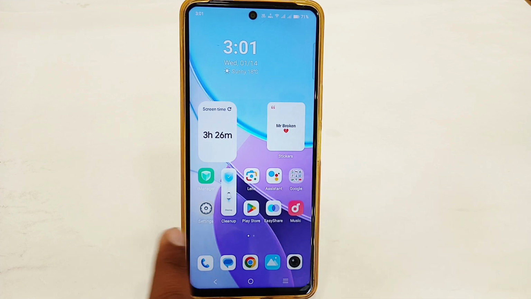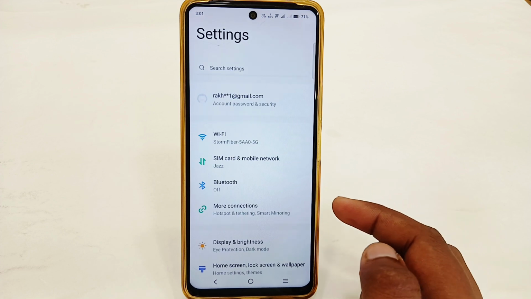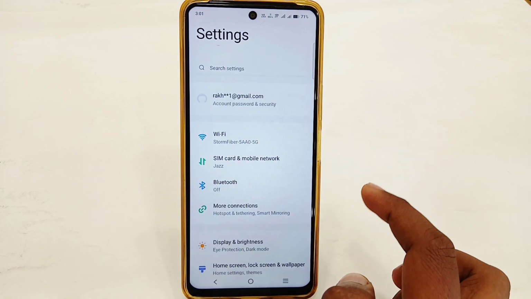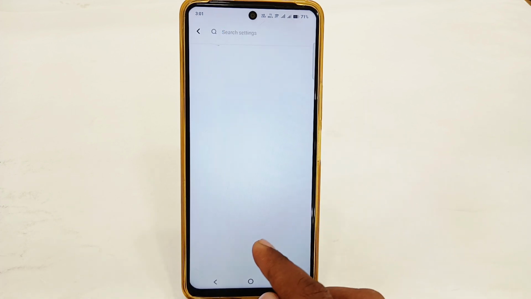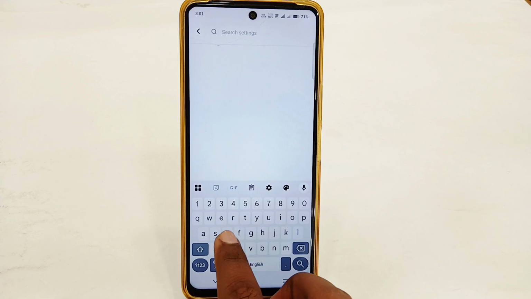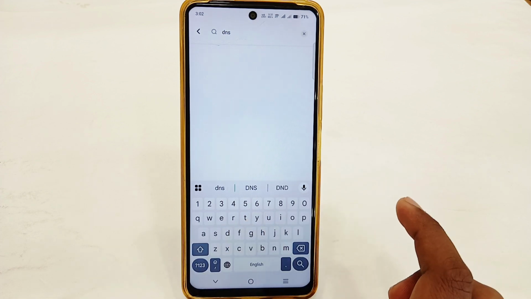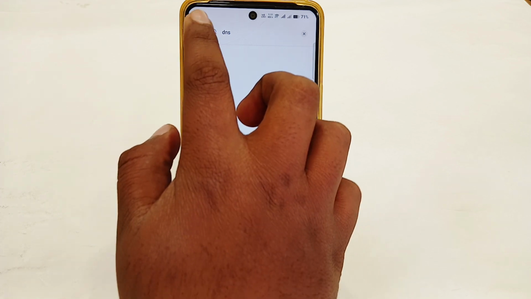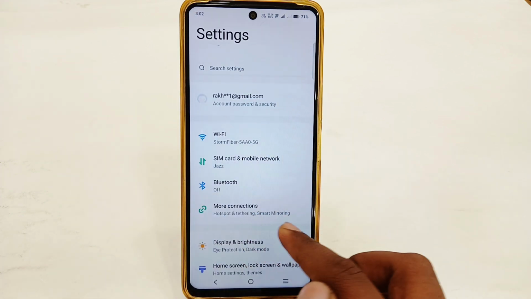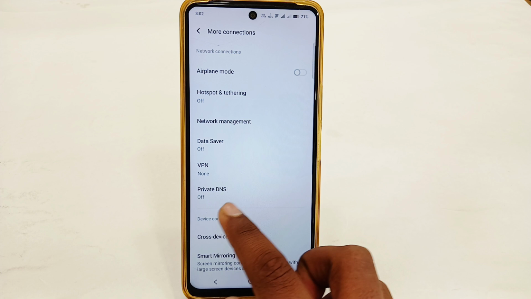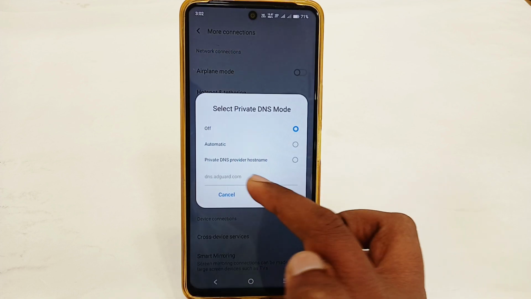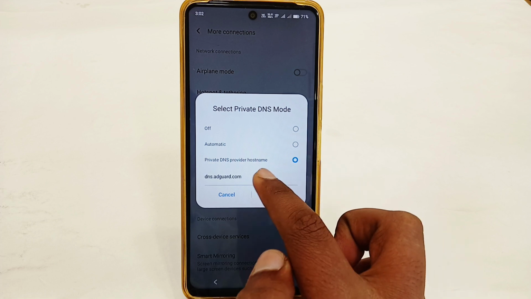You just open your settings app and here just select more connections or connections option from here, or you can directly tap on the search settings and here just simply search for the setting which is DNS. Just search for this and you'll find the settings here, or you can manually go to more connections and here just select private DNS or the DNS service you find, and here just select private DNS provider hostname, then enter